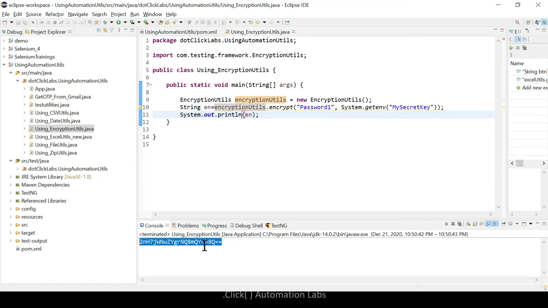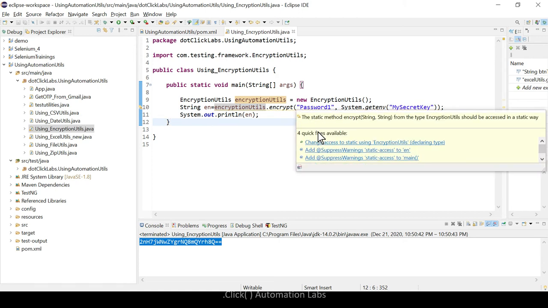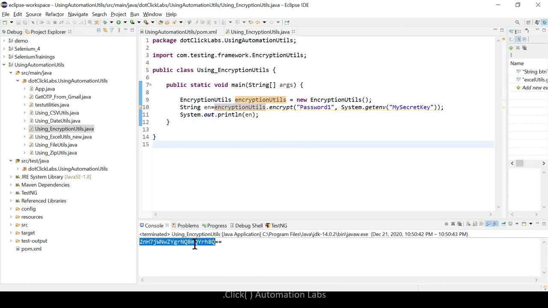Now in your test scripts, instead of giving the password 1, you can directly give this here. It can be maybe a test data sheet, or maybe you may read some text file, or wherever. You just store this value, and instead of the password you can give it. But while parsing, you need to decrypt it and pass it to your test scripts. That we will see in just a couple of minutes. So this is to encrypt.